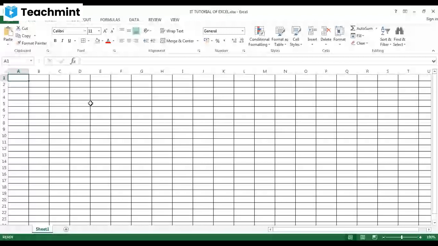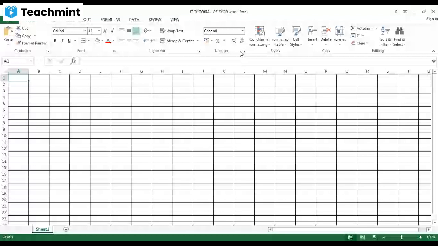Okay, let's move ahead. Apply formulas and functions in our Excel spreadsheet. How to apply formulas and how to apply functions. Okay, first of all, you should know about the numbers. What is a number? What is a type?